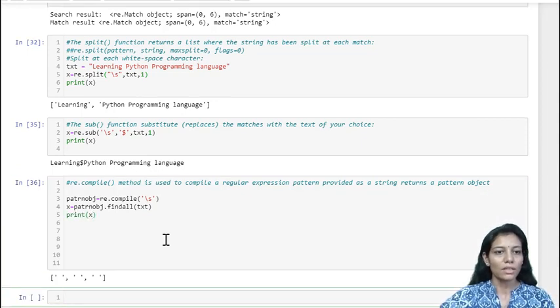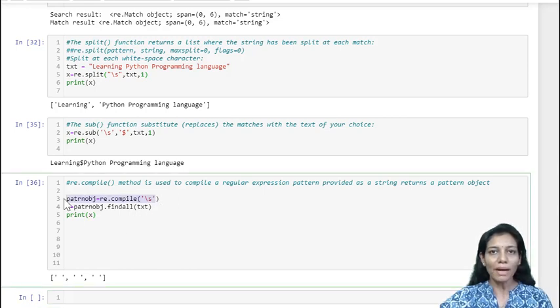So let us see. It has applied this pre-compiled pattern object, and using that object I have called my findall method in order to apply this pattern and match all the occurrences. So these are all the places where the regular pattern has found a match.